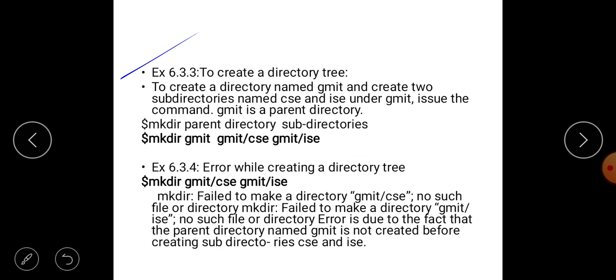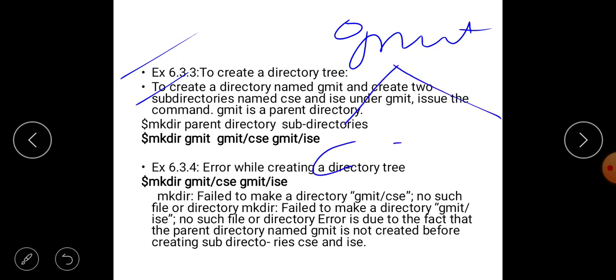How can we create it? To create a directory named gmit and create 2 subdirectories named csc and isc under it. Means what they are telling, first you have to create gmit. Under gmit, you have to create 2 directories csc and isc.